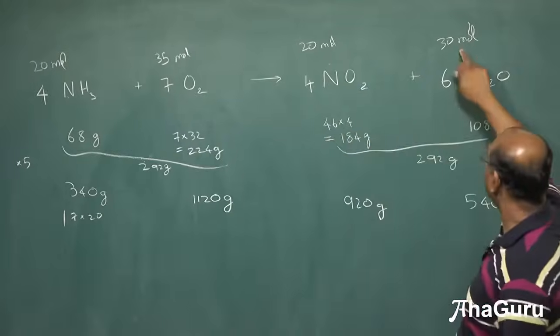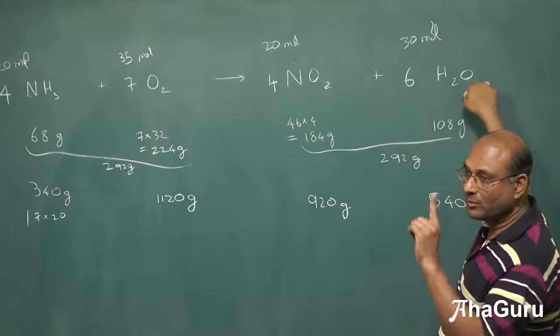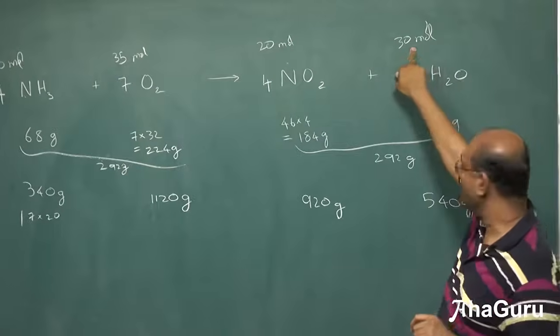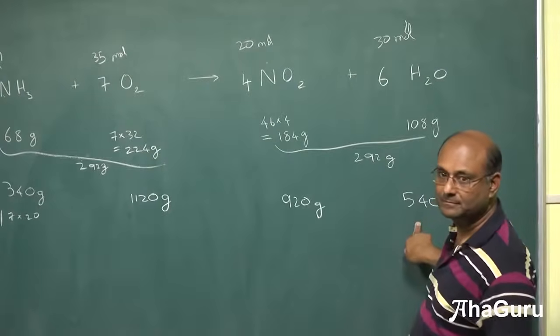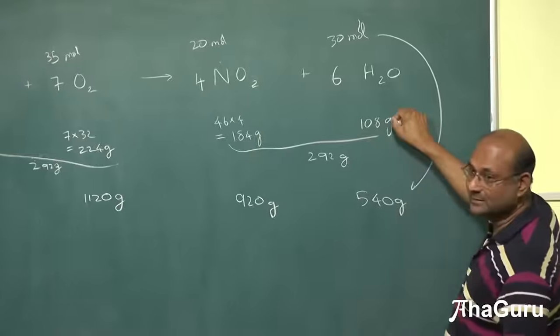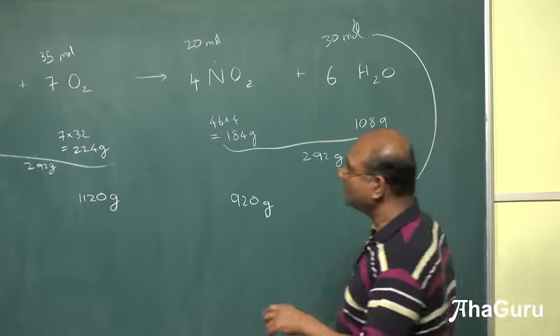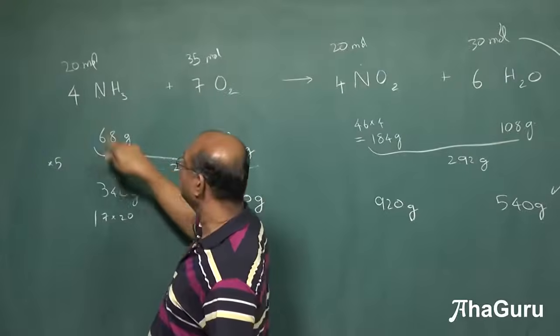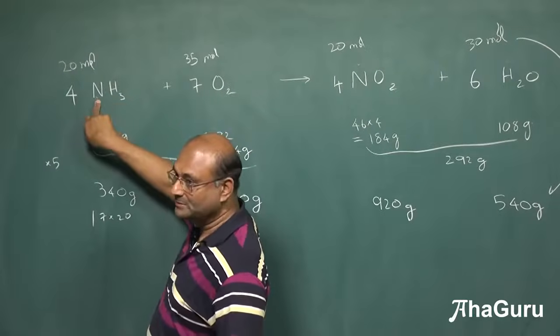Suppose I say I have 30 moles of water. What is 1 mole of water? What is the mass? 18. 18 into 30, 18 into 3, 54, 540. You can directly go to this, you don't have to even calculate this. Because this tells you that you had 17 into 20 grams of ammonia, which means you must have had 20